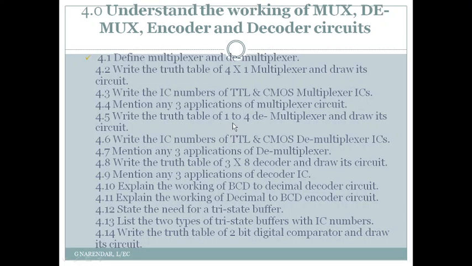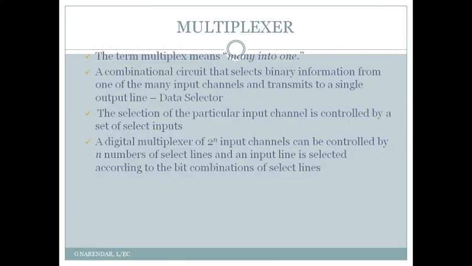In particular, we are going to learn what a 1 to 4 demultiplexer will do and how to write its truth table, and how to draw the combinational logic circuit of the 1 to 4 demultiplexer. So before going to see